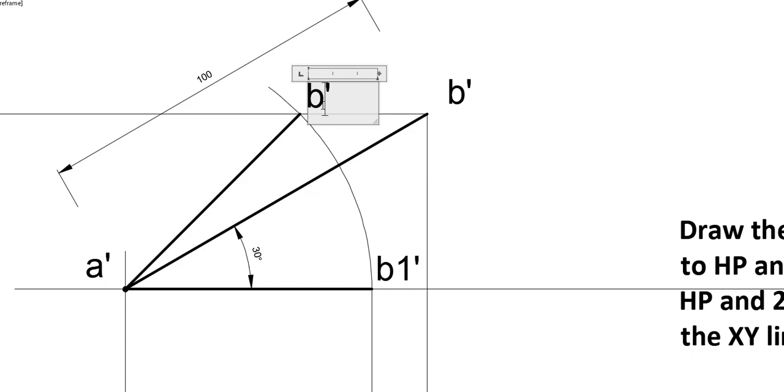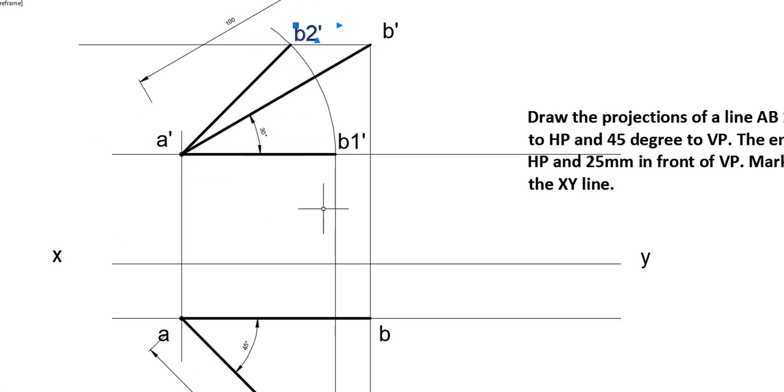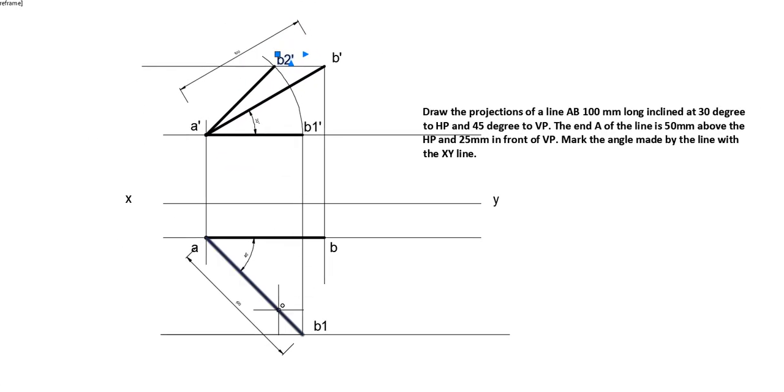This is the general naming convention that we use in the textbook, so don't be confused regarding that. I actually first drew an imaginary line and then drew another imaginary line, and then finally from both these I am getting the actual line's front view. So A dash B2 dash is the line that we actually have to draw. The AB line in the question is actually the AB2 line. Just remember. So we got the front view, and now we have to get the top view also.